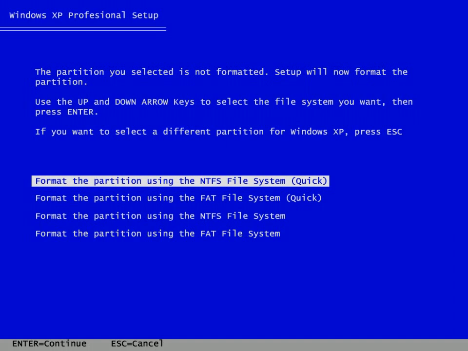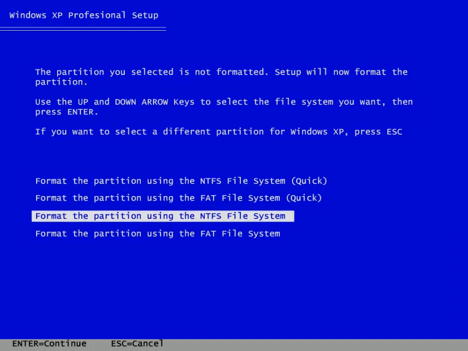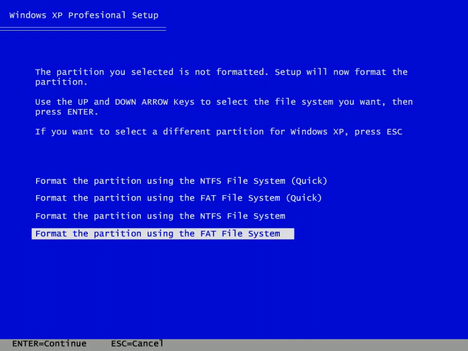Basically, the NTFS file system helps you to compress your drive as you store your data on the drive. For a home PC or a personal PC, please select the FAT file system, and to continue press the Enter key